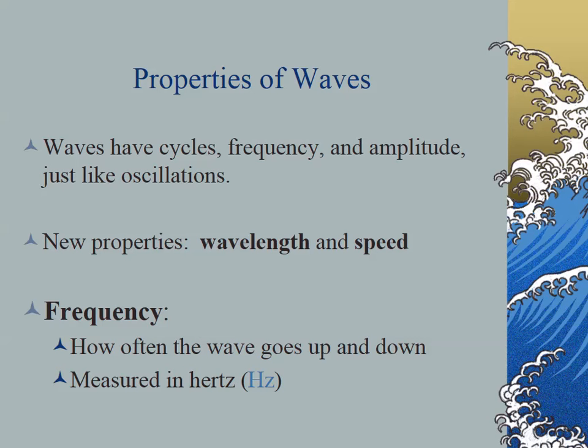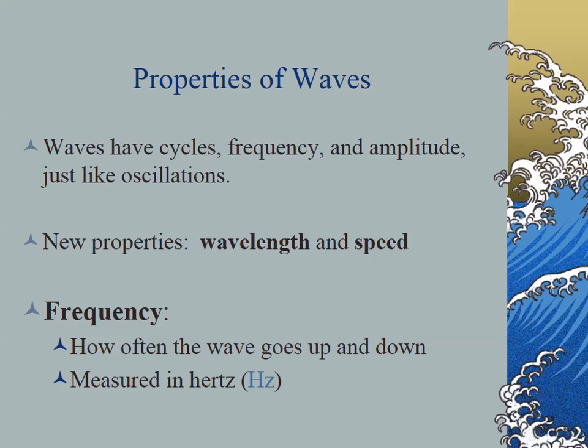So this leads us to the last part of this. Let's talk about the properties of the waves. And again, some of these are characteristics as well. Waves themselves, we say, have these cycles. Be prepared. We don't always just say this many waves. We'll sometimes say this many cycles, this many oscillations of the waves. They're all the same thing. But frequency, we've talked about that before. Amplitude, all that stuff is where we relate it to simple harmonic motion again. The only new one that we've never specifically used yet would be wavelength. Speed is not new. But wavelength would be the only thing that's kind of new here.